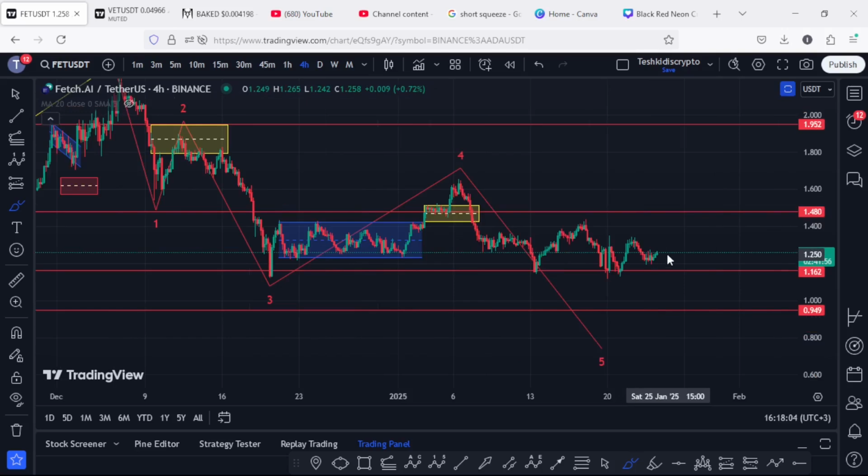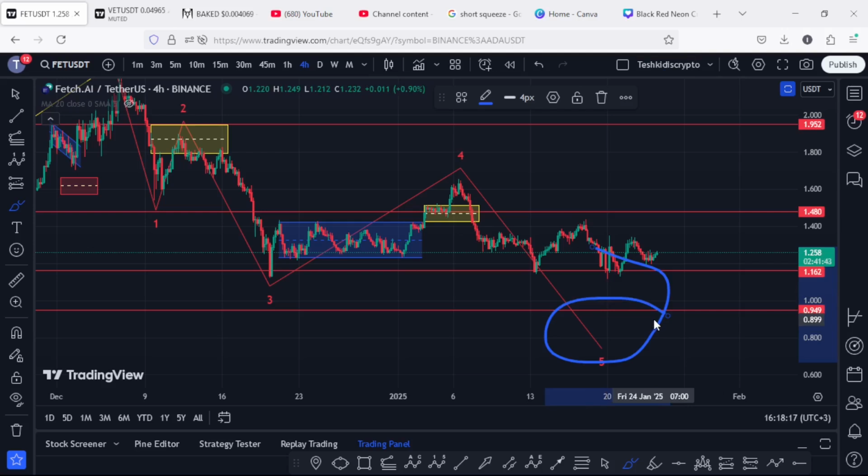But as long as that doesn't happen, I'm still expecting one more new low in the formation of this wave 5, and the moment that plays out, that will also give us one more new low in the formation of that larger Elliott wave count 2 that I have shown you on the daily chart. And the moment that plays out, as long as we continue holding above key areas of support identified on the daily chart, there are chances that we can easily bounce to the upside in the formation of that larger Elliott wave count 3, taking us back to new all-time highs. So that is the roadmap that I'm expecting Fetch AI to follow for the next coming days,